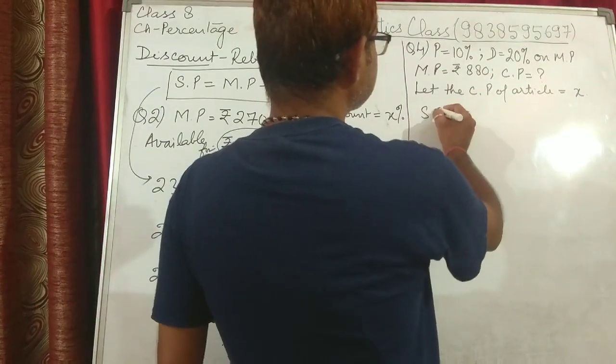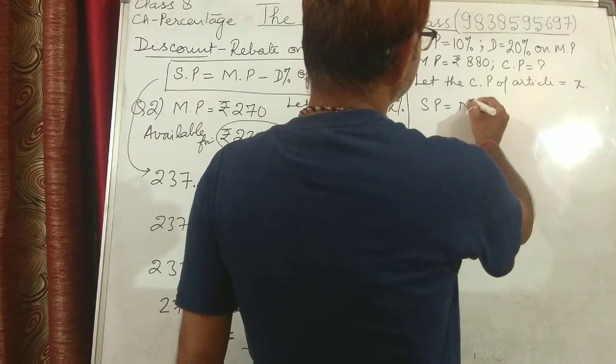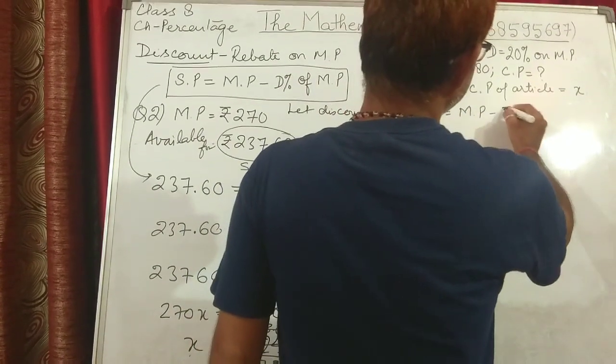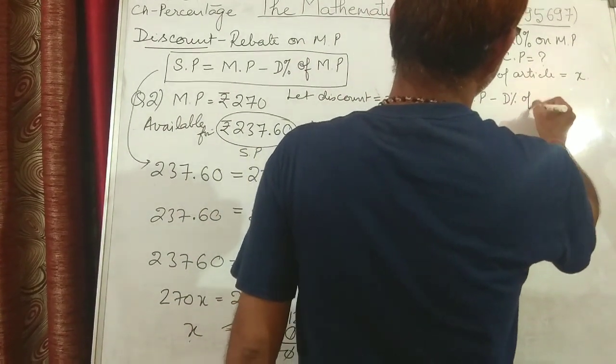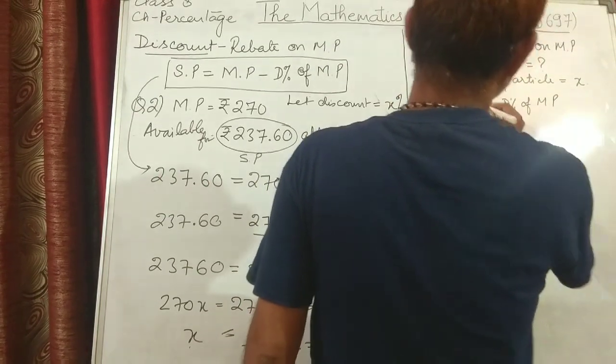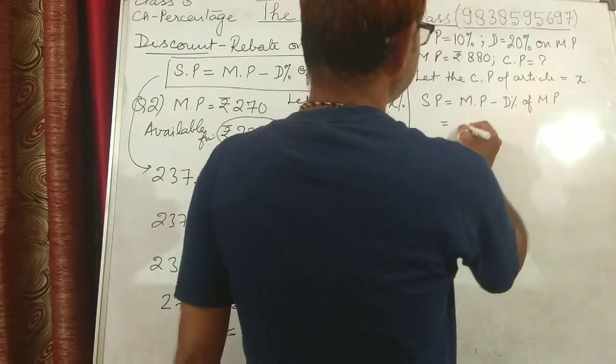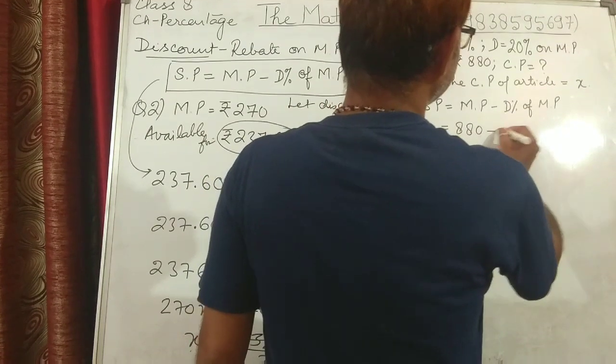We know that selling price is equal to marked price minus discount percent of marked price. So mark price is 880 minus